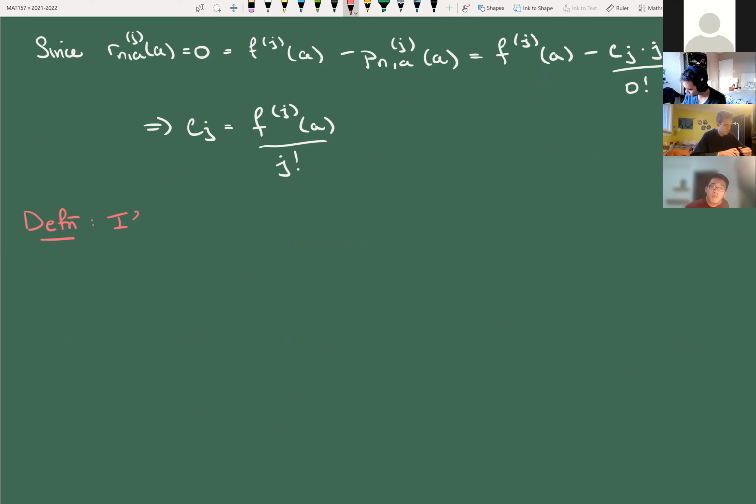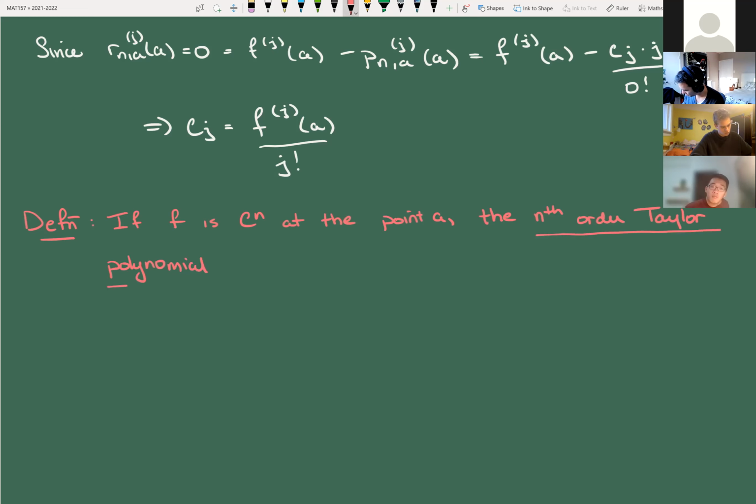So if f is C^n at the point a, the nth order Taylor polynomial, so that's what we're defining, to f at a is